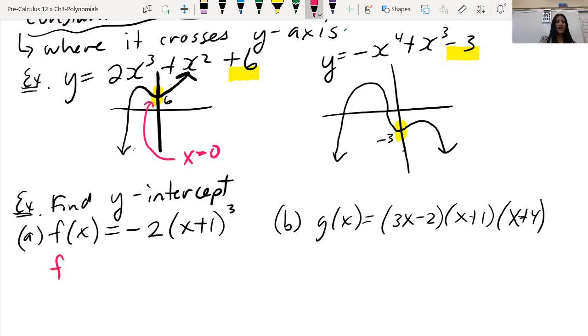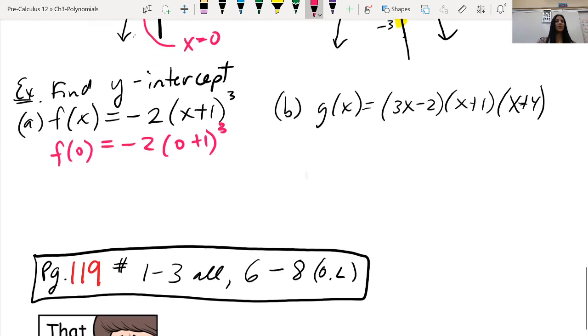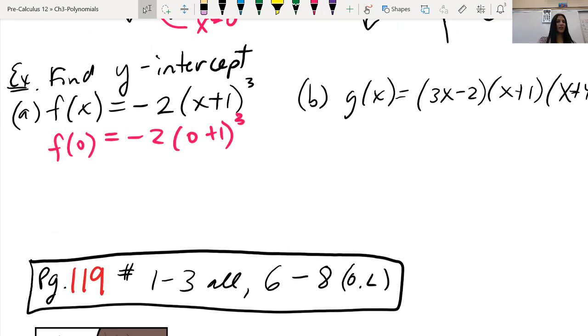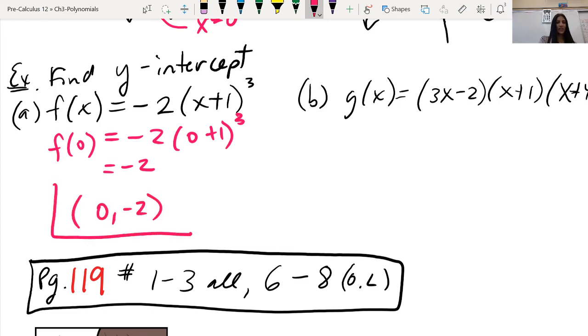So I can use that information in my equation to quickly be able to pick out what the intercept is, even though it's not in this expanded form like the previous examples. So when I take a look at this, I notice that this just becomes 1 cubed, so actually it's just -2. So my y-intercept would be at the point (0, -2),